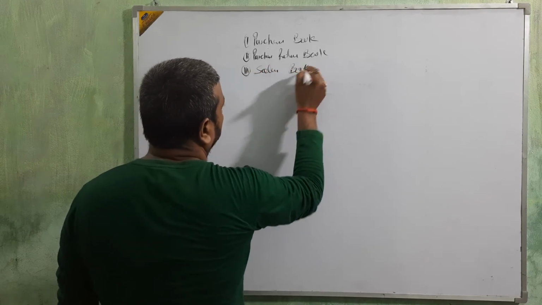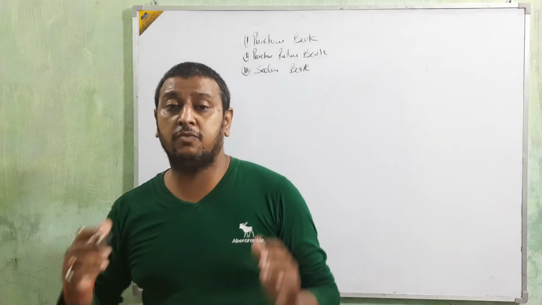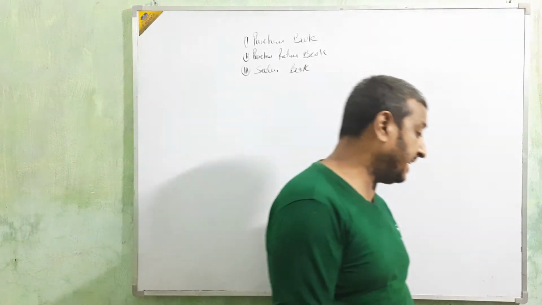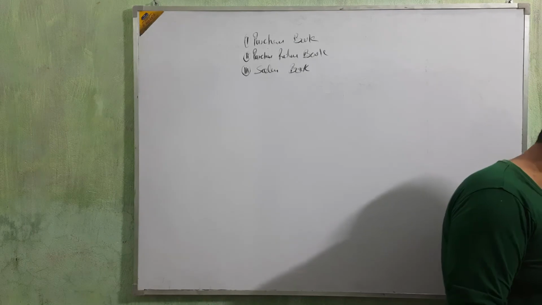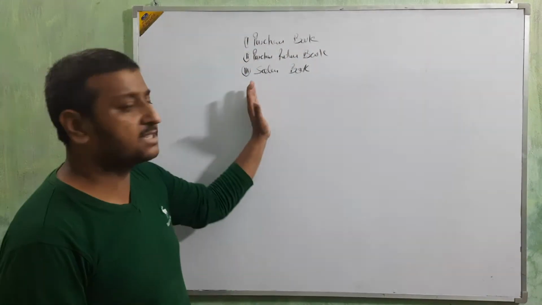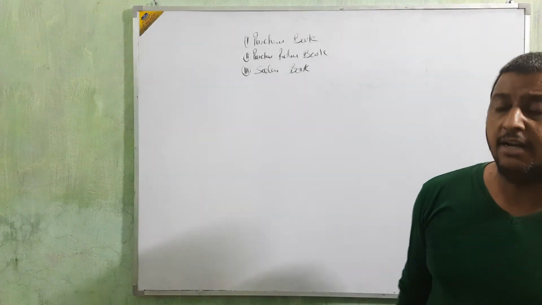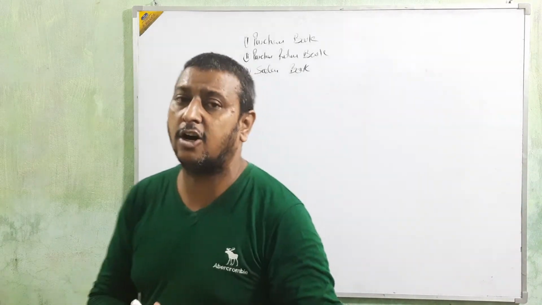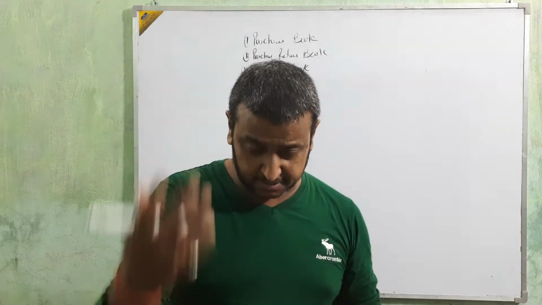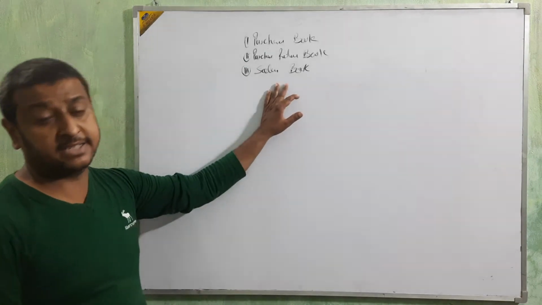Okay, next, sales book. What is the meaning of sales book? The book in which we are going to enter all credit sales, all credit sales beta, that is called sales book. Okay beta, in this sales book we are going to enter all credit transactions of sales. If our business is going to sell on the basis of credit, then we are going to enter it in the sales book.